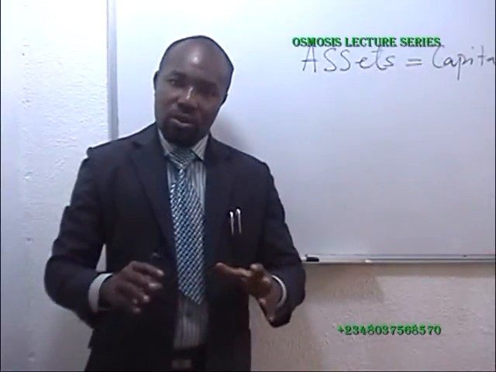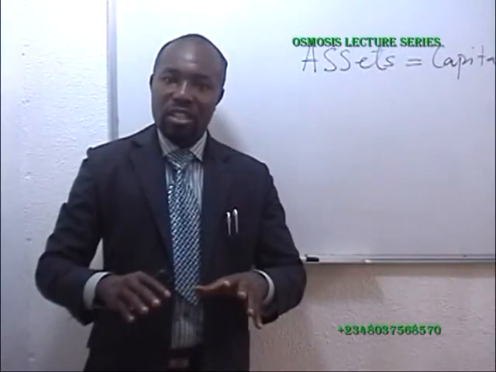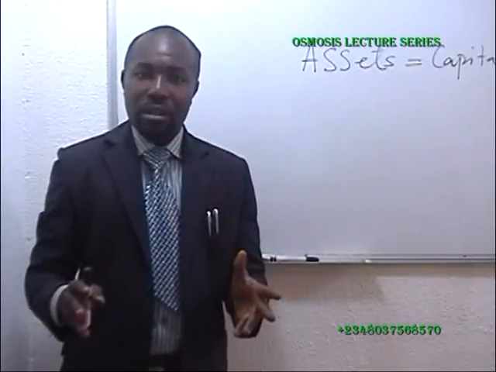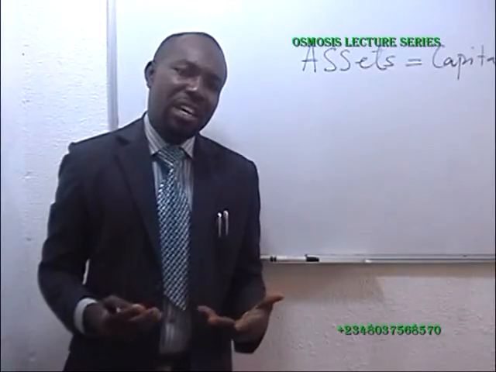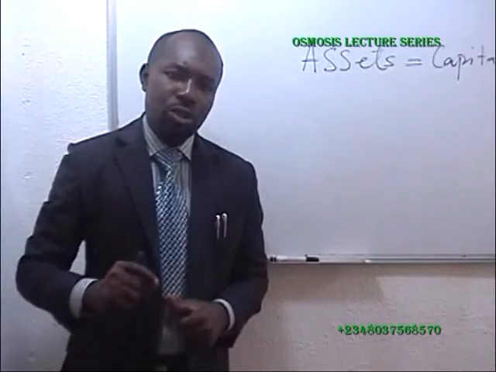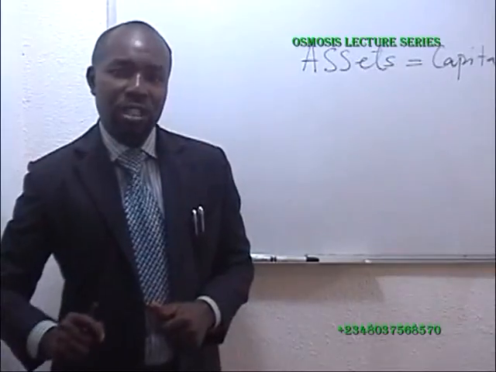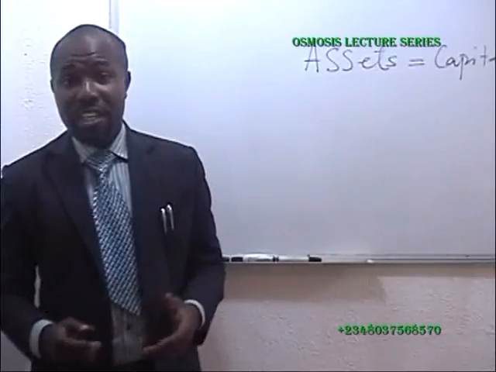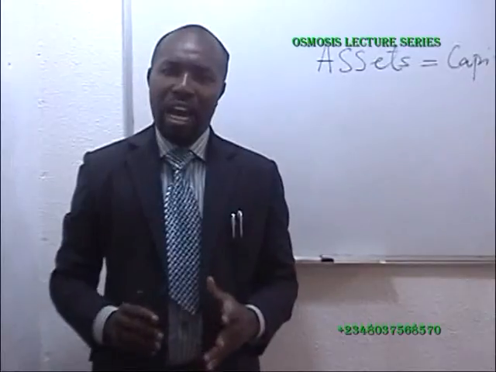We said that control account is a summary account, which is seen as a kind of trial balance for each ledger. The control account is used mainly in the manual accounting system. I hope you are taking down. So the control account is used mainly in the manual accounting system.